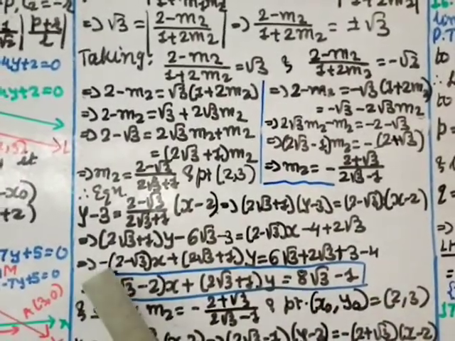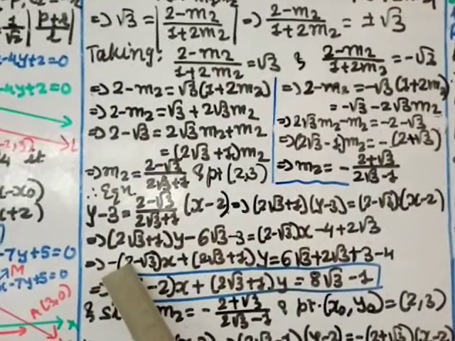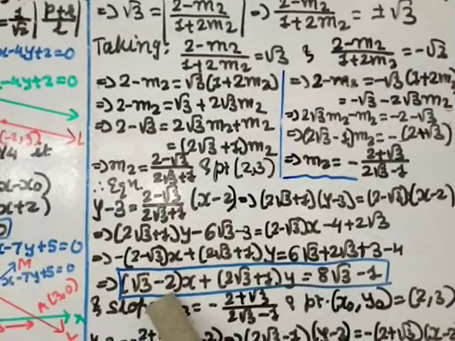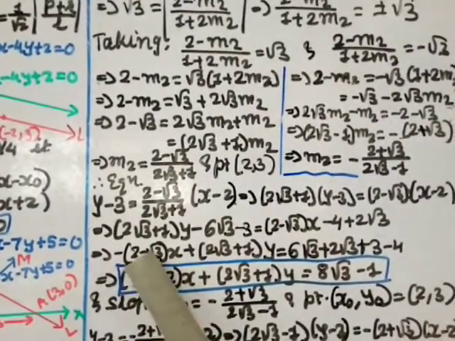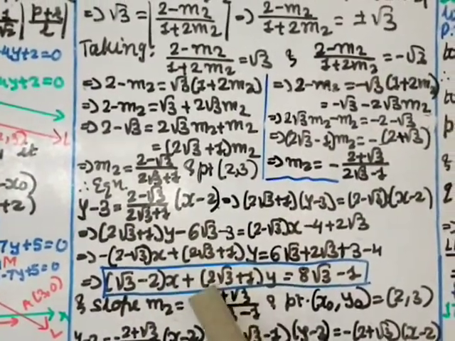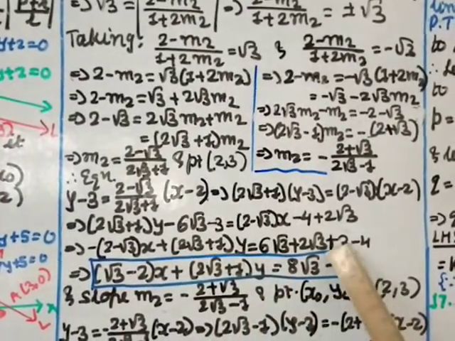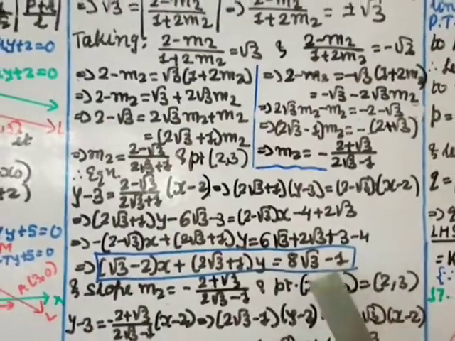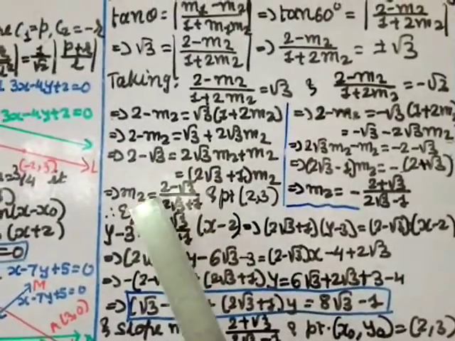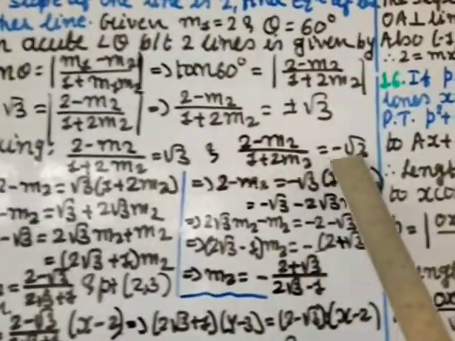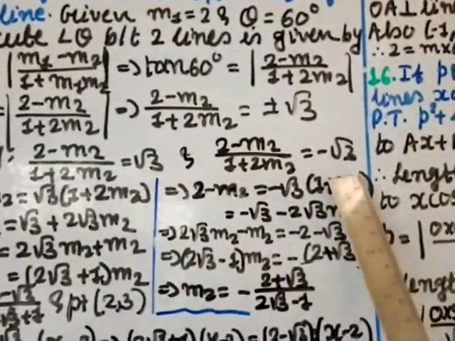This gives you this. If I take this minus here, 2 will become negative and this root 3 will become positive. That I am writing first, root 3 minus 2 x, so just interchanging and taking this minus inside. Plus this as it is, 2 root 3 plus 1 y. 6 plus 2 will give you 8 root 3 and 3 minus 4 gives you minus 1. Okay, this is when the slope value m2 is this much and the point is the same. Now we shall check for when you take root 3 as negative, because we have to take both. So plus I already took and we found the equation. Now we'll take negative.